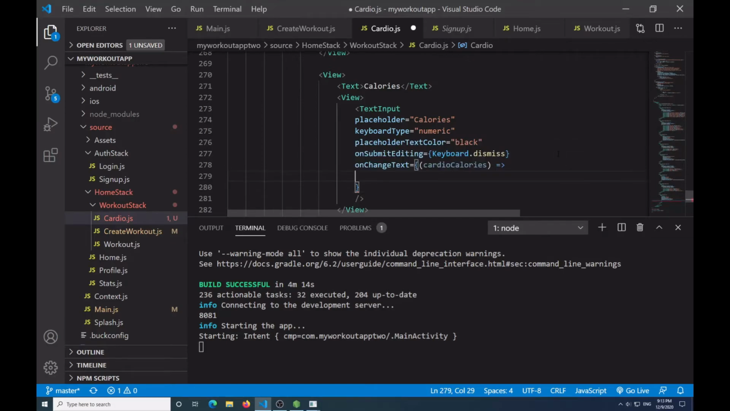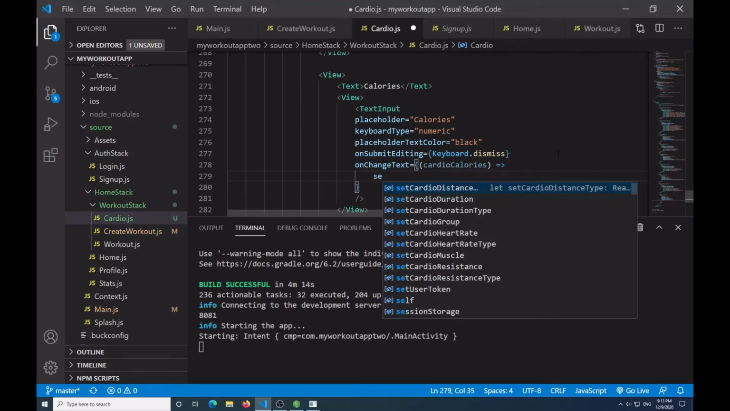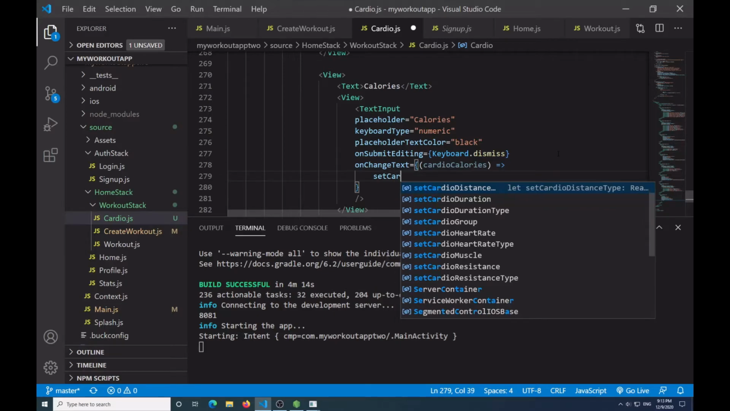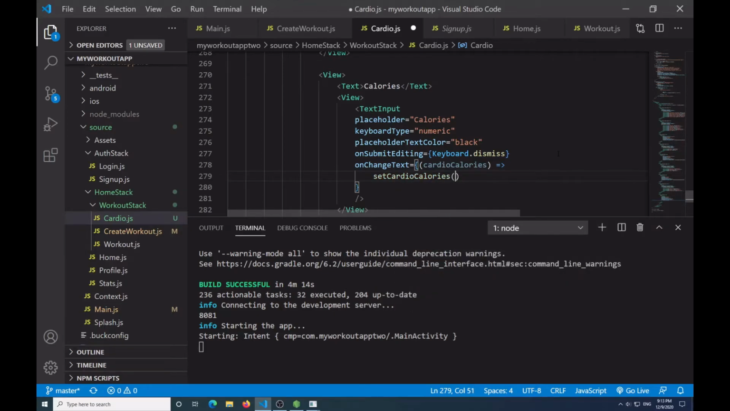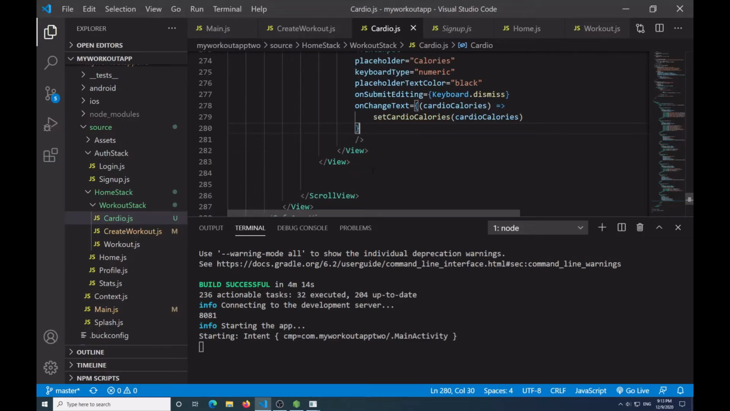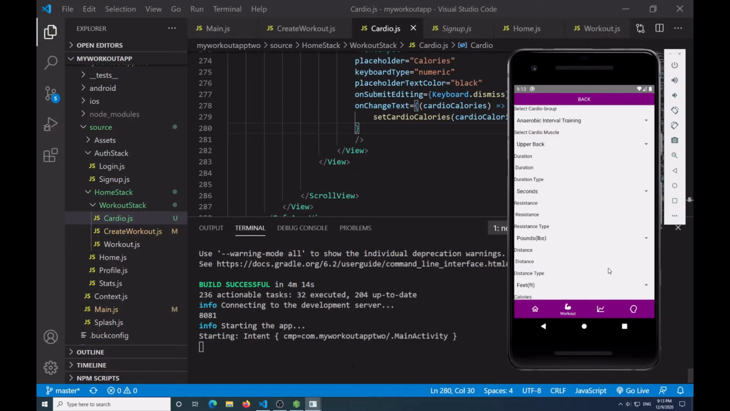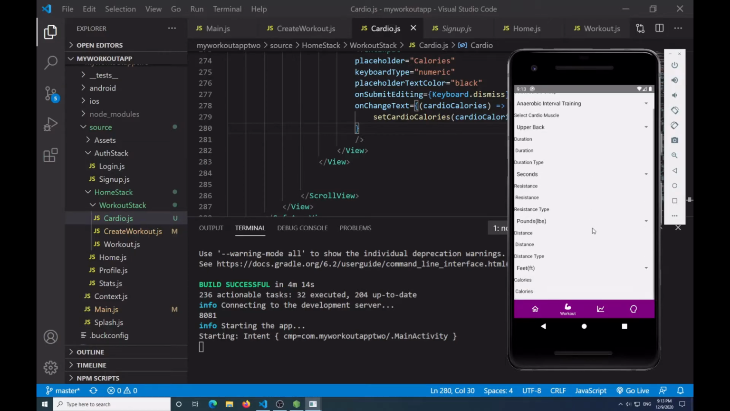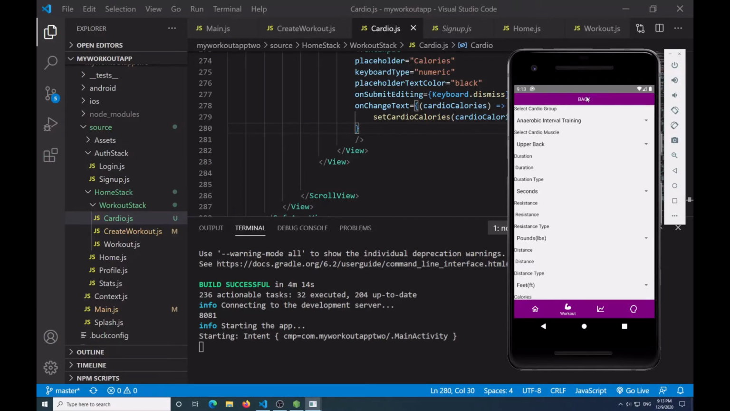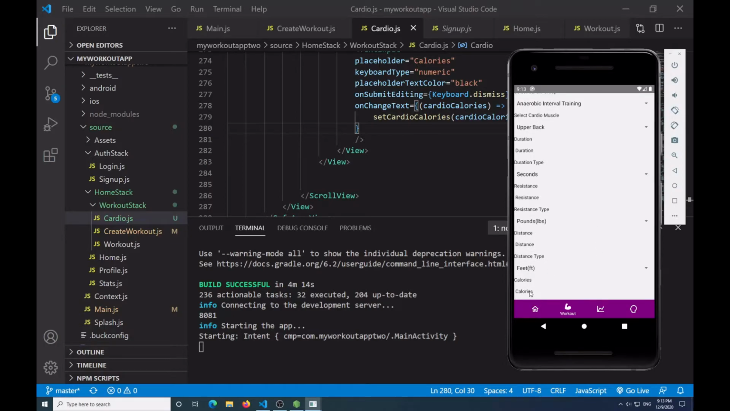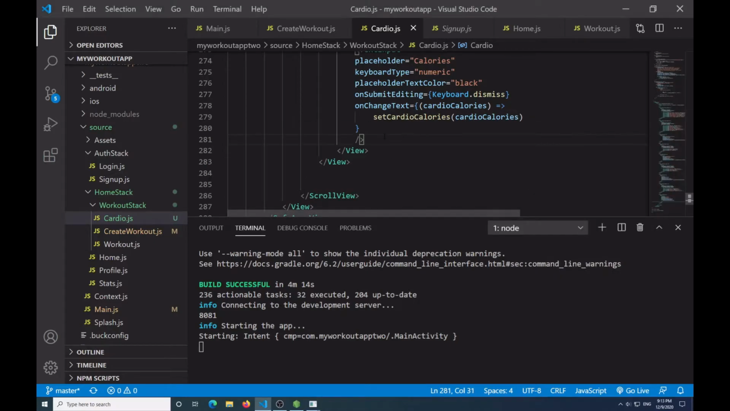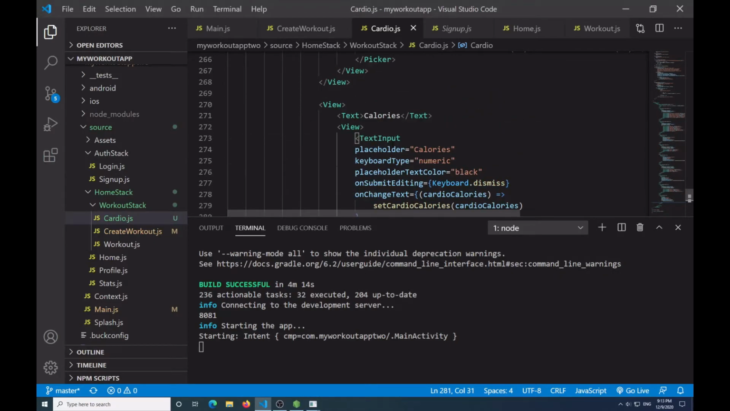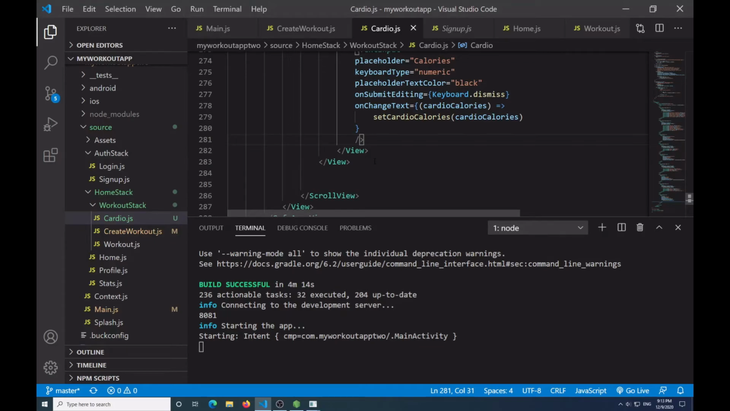And then I want to return the set cardio calories to cardio calories. So let's make sure that that worked. So as you can see, my scroll view is now working, so we have calories here. So that all works. So then after my calories, what I want to do is the heart rate and the